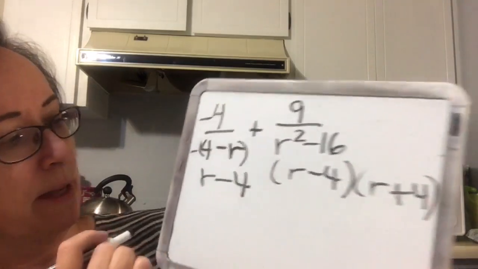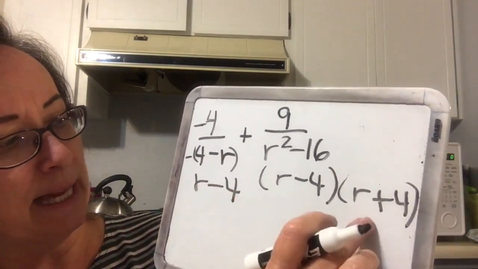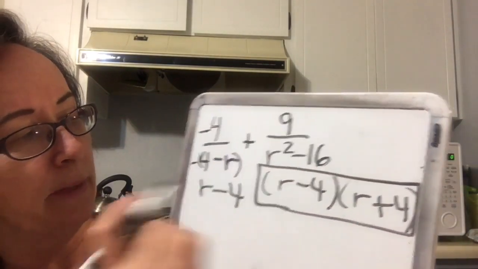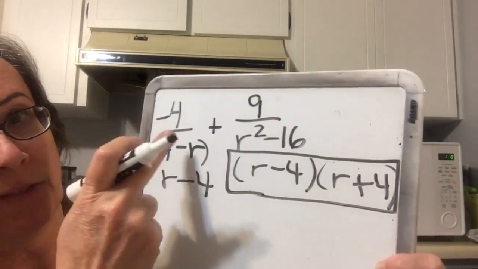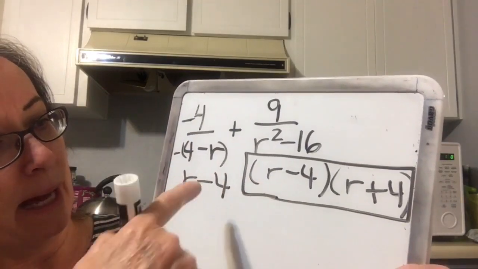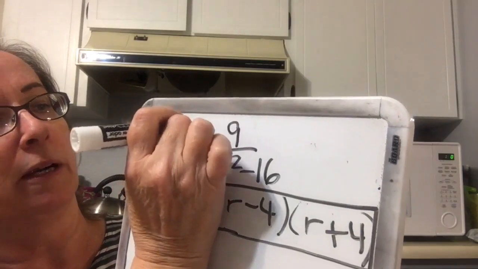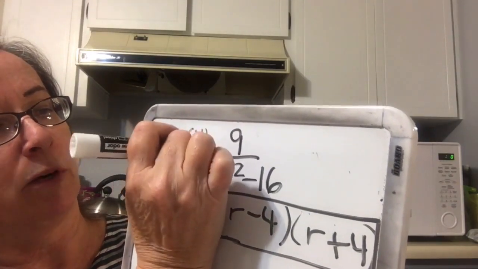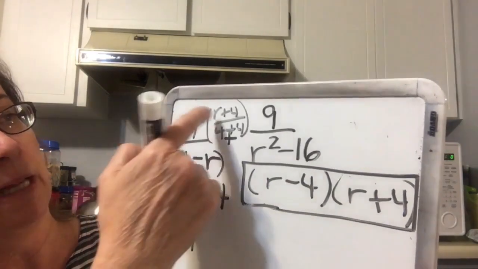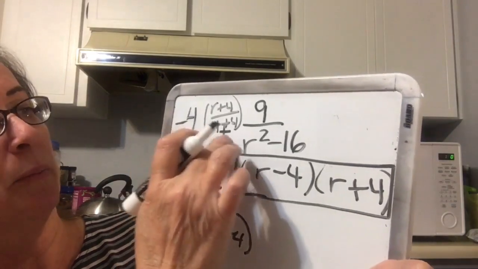When I factor, since this denominator is inside this denominator, this one right here is my LCD, which means that this first rational expression will be multiplied by what's missing, which is r plus 4 over r plus 4. So we get negative 4 times r plus 4, and then plus 9